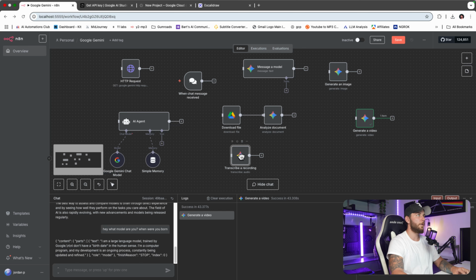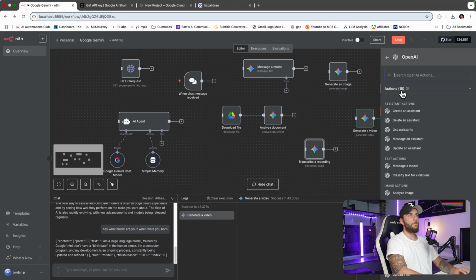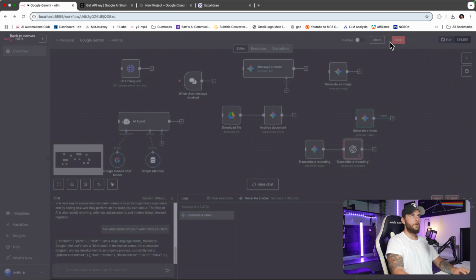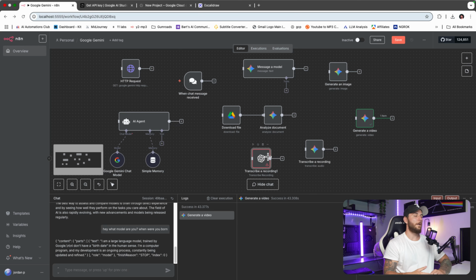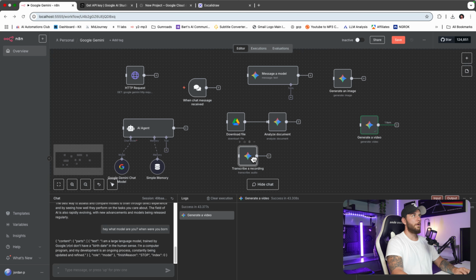Another node we could use here is the transcribe a recording. So if you've connected a Telegram bot before, you know what I'm talking about. If you want something like Telegram to actually be able to understand your voice recordings, like have a voice function like ChatGPT does in N8N, then you need to use a transcribe a recording. And now we have Gemini as well as OpenAI's transcribe a recording function. So I'm not going to do an example of that one, but what I will do an example of is